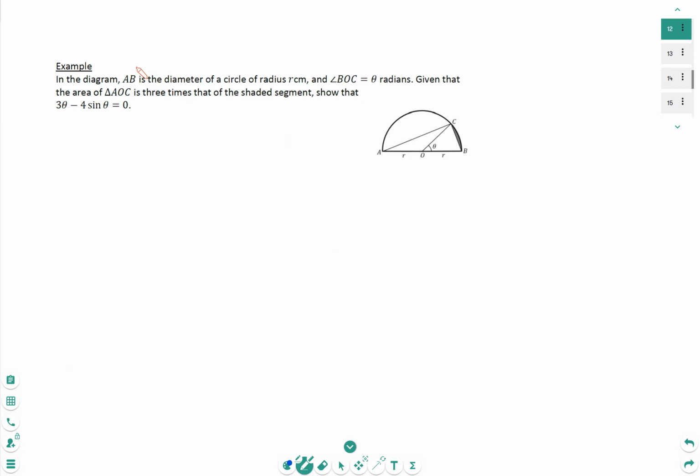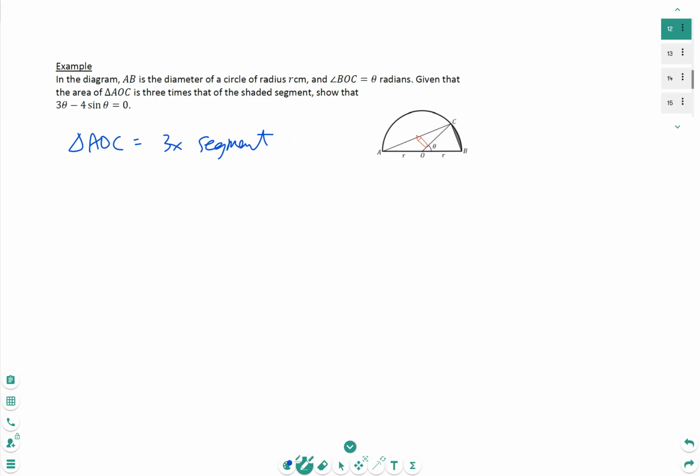So let's read the question. In the diagram, AB is a diameter of a circle of radius r. So we're given r and r in here. BOC is theta radians. Given that the area of AOC is 3 times the area of the shaded segment, we can change this into an equation. So the area of AOC equals 3 times the area of the segment. So without me saying anything else, obviously you want to use algebra to replace the area of AOC and the area of the segment. So for the whole area of AOC,